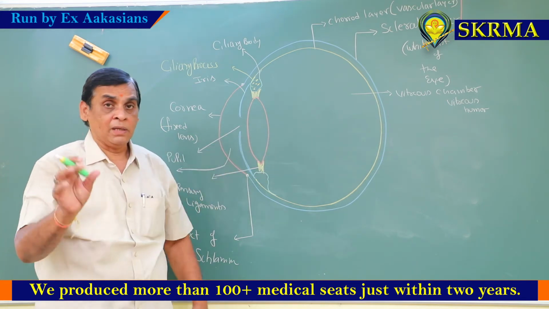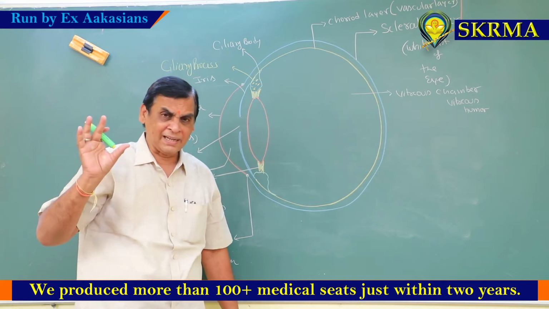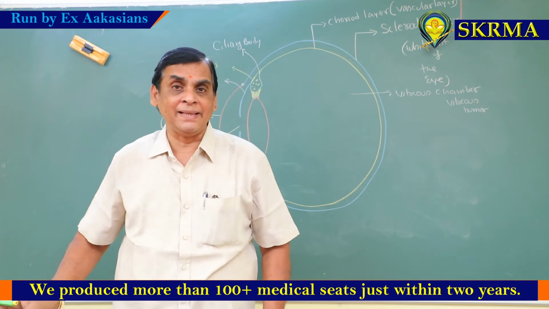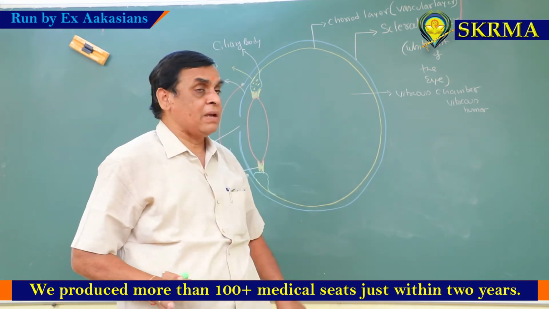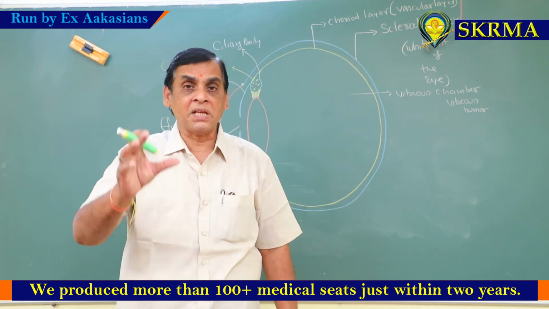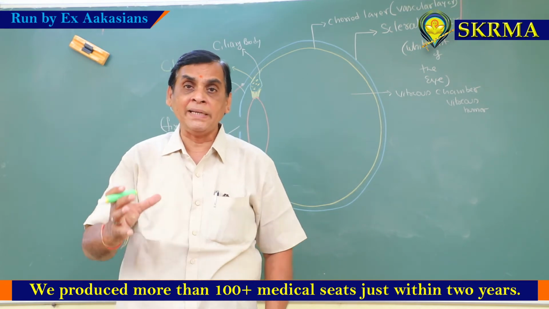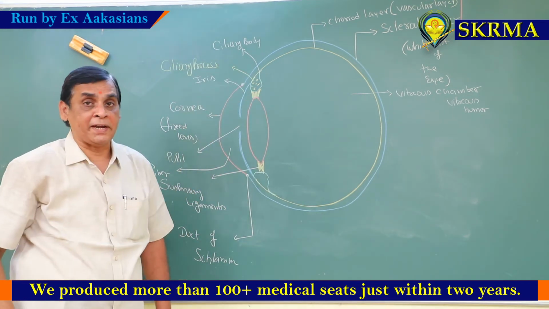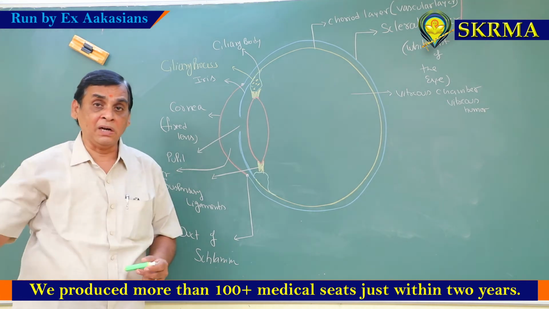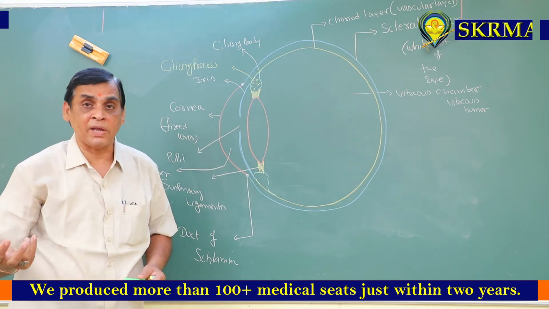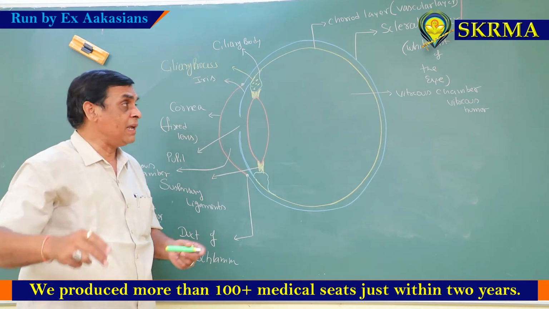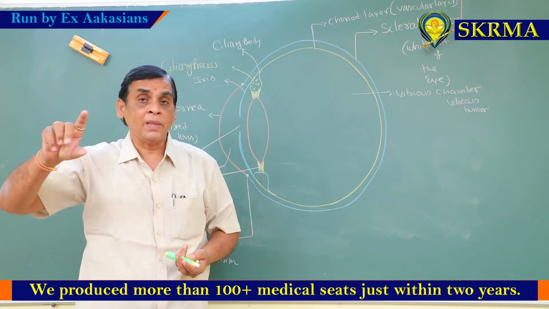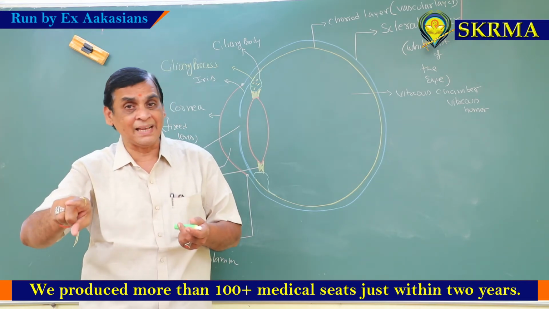The vitreous humor won't change. What we have at the time of birth will be maintained up to death. So the major purpose of the vitreous humor is to maintain the intraocular pressure and the shape of the eyeball. These are the 2 layers we studied. Now the third layer, the neural layer, we are seeing. In the beginning I wrote that it is provided with a pigmented layer and a neuronal layer, like that I told.